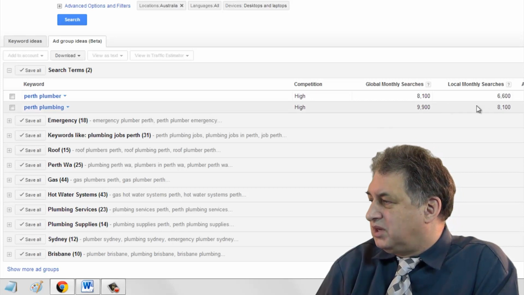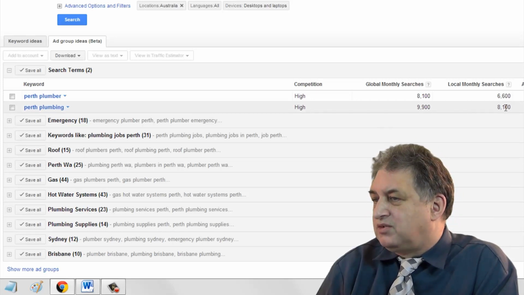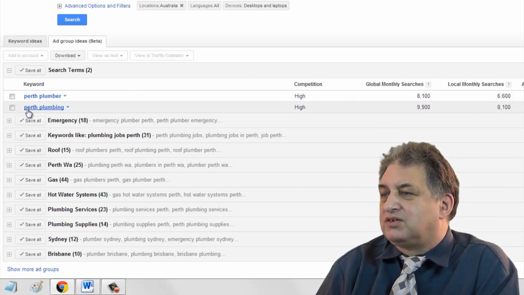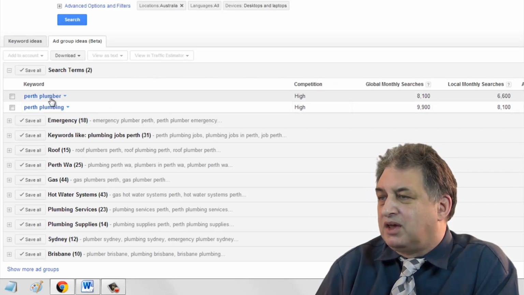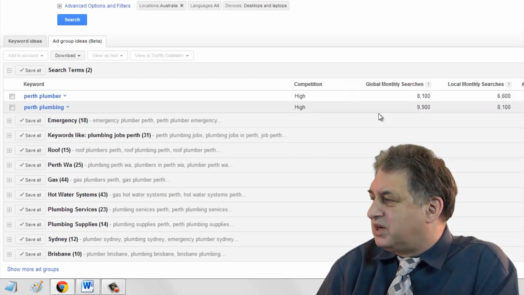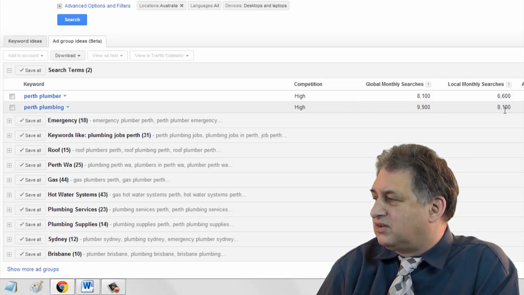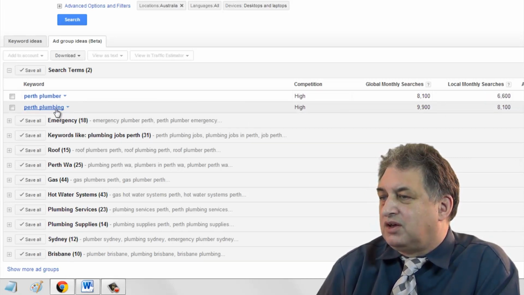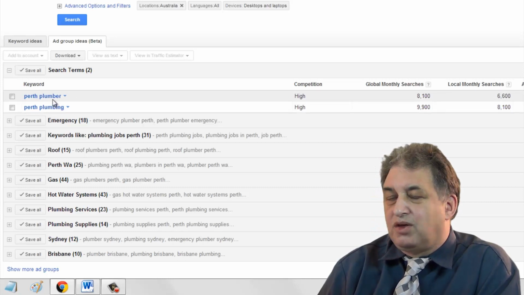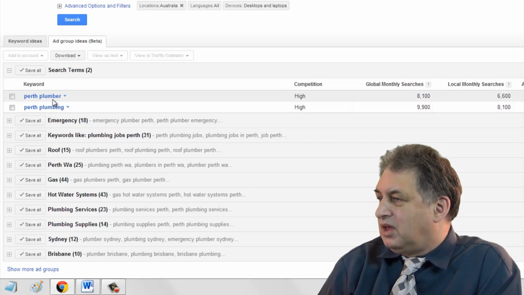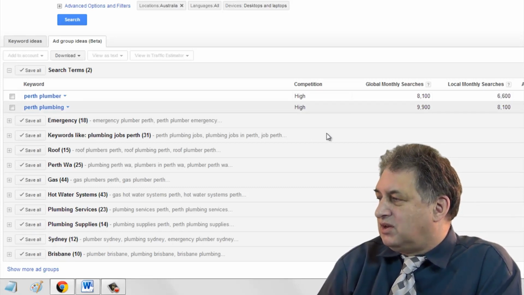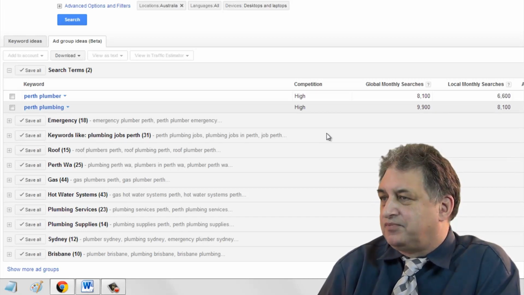It also shows me that approximately 8,100 people search using the phrase Perth plumbing. Now you might not have thought there'd be much difference, but as you can see there is actually quite a wide difference. You know, there's an extra 2,000 or so search for the phrase Perth plumbing rather than Perth plumber. So immediately you can start homing in on the keywords that get the most attention, the most searches.